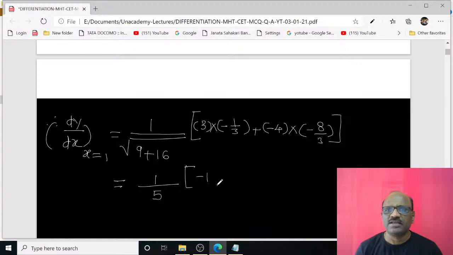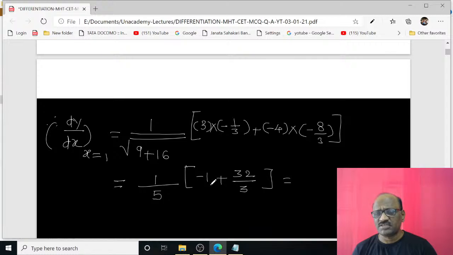What about here? Here is a minus 1, and next minus will become plus. Here is 4 into 8, that is 32 upon 3. If we take the calculation, 3 into minus 1 is minus 3, and plus 32, you will get 29 upon 5. Okay, 29 upon 5, and therefore